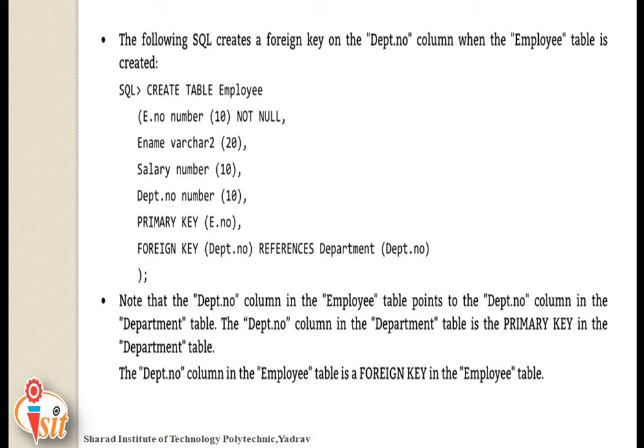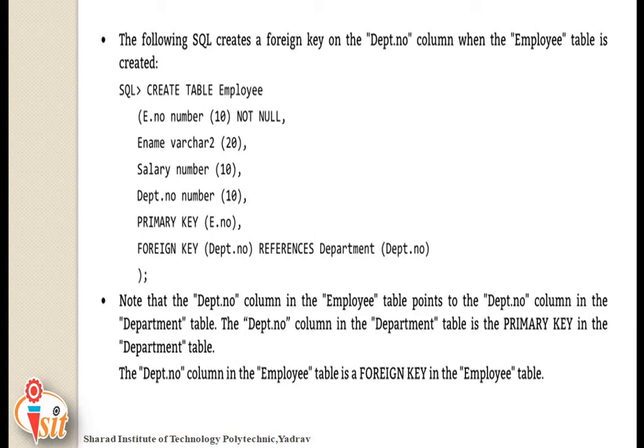These are the various attributes of the table employee. What are the data types for those attributes? Employee number should be a number, employee name is a character type, salary is a number, and department number is also a number.